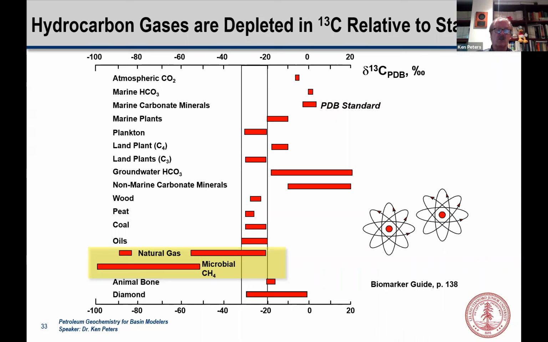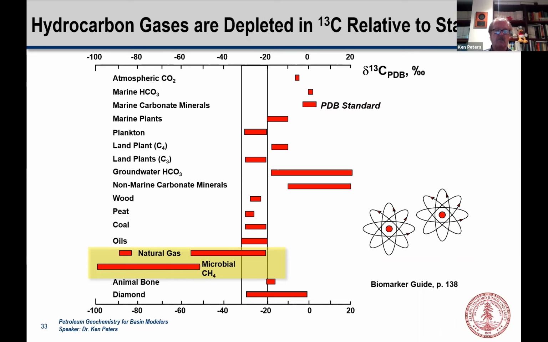Organic matter has isotopic fractionations associated with fixing the carbon. We talked about photosynthesis and fixing carbon, marine plants and plankton. You see there's isotopic fractionation, and in the plants, the fractionation actually favors the light isotope. So you end up with a negative value in the organic matter, in different types of plants. And of course, oils fall in this range. I'll blow this range up. We can measure isotope values quite accurately. And here's what microbial gas looks like. We'll talk about biogenic gas generation in the next lecture. There are really quite strong isotope fractionations when the